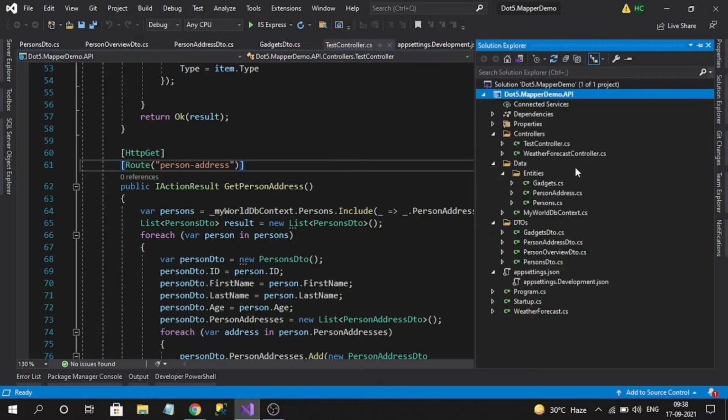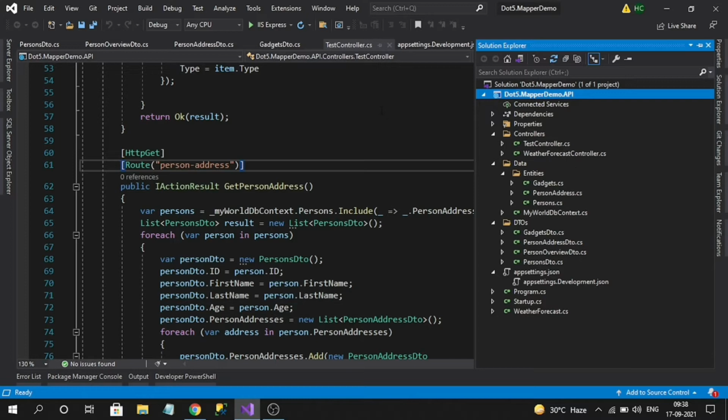For this demo, I have created a .NET 5 Web API application, integrated Entity Framework Core, and created some endpoints. But whatever endpoints I created initially are not using AutoMapper. They are manually mapping. I want to show how the code looks when we map explicitly without any mapper. And I am going to create other action methods to show how the code looks when we use AutoMapper. I have already added some endpoints without AutoMapper, so it will be very easy for comparison.